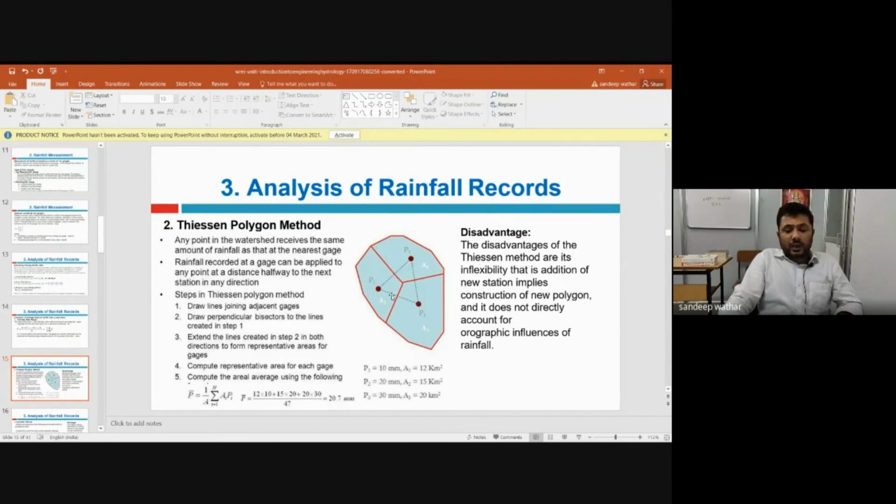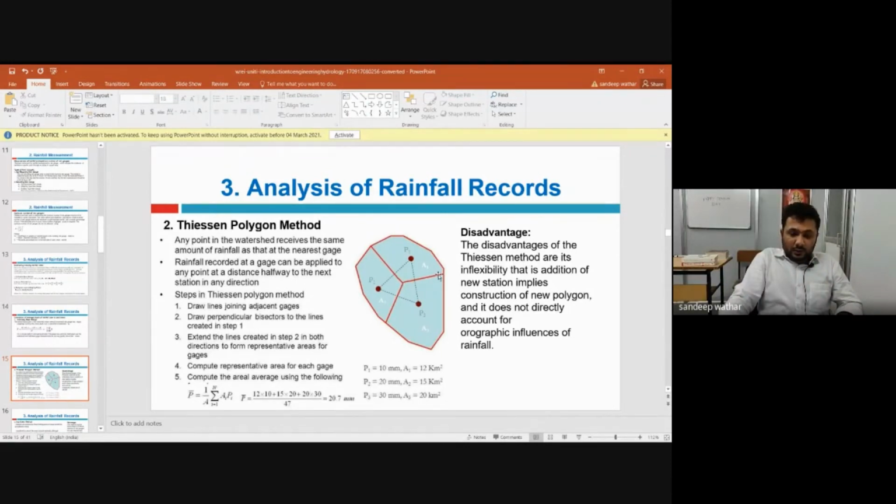Now similarly, another perpendicular is drawn for this line which is connecting P2 and P3, and this is another perpendicular which is drawn for line which is connecting P1 and P3. Okay, now all of these three will intersect. All these three lines are intersected, and those lines are dividing the areas.